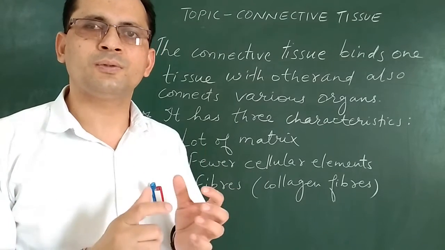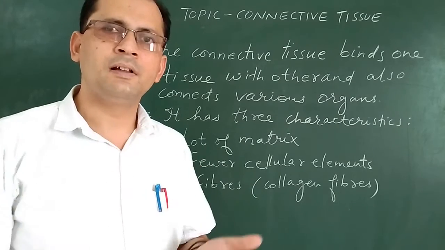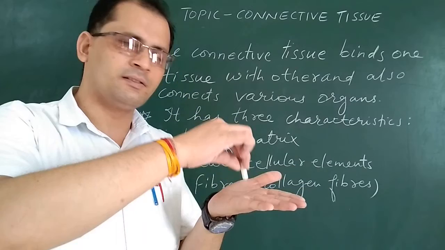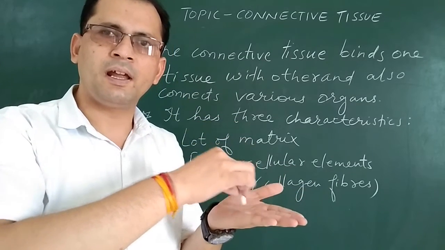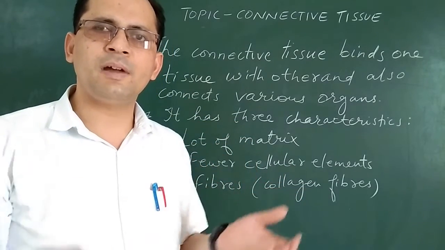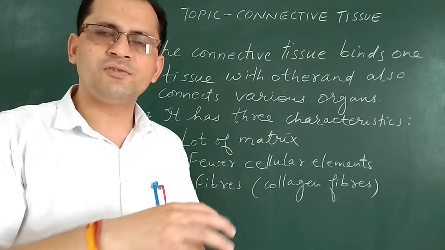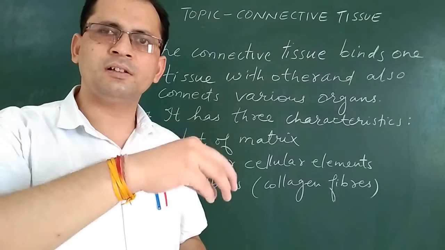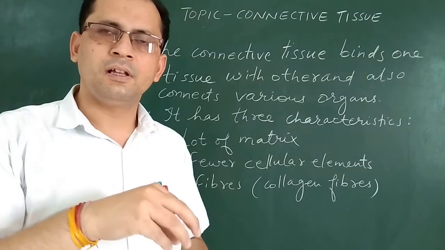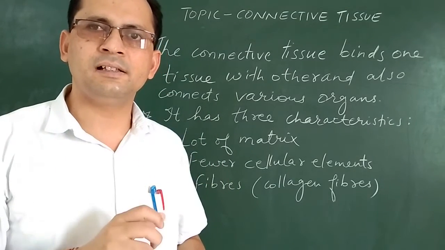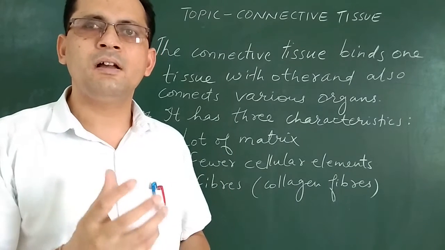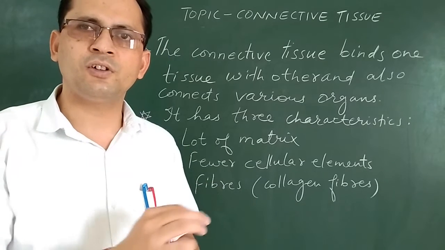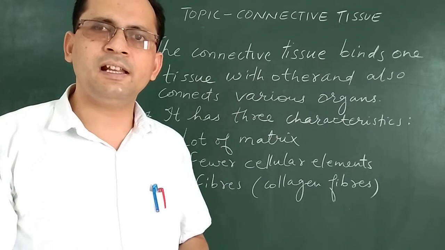So the cells of the connective tissue are embedded. Like this is the matrix and this is the cell. So these cells are embedded here, they sit on top of it, okay? Just imagine beta, there is Fevicol, and on that Fevicol you are putting small balls. These small balls are the cells, and that Fevicol is the matrix. And when we talk about the nature of that matrix, in case of Fevicol, it is jelly like.